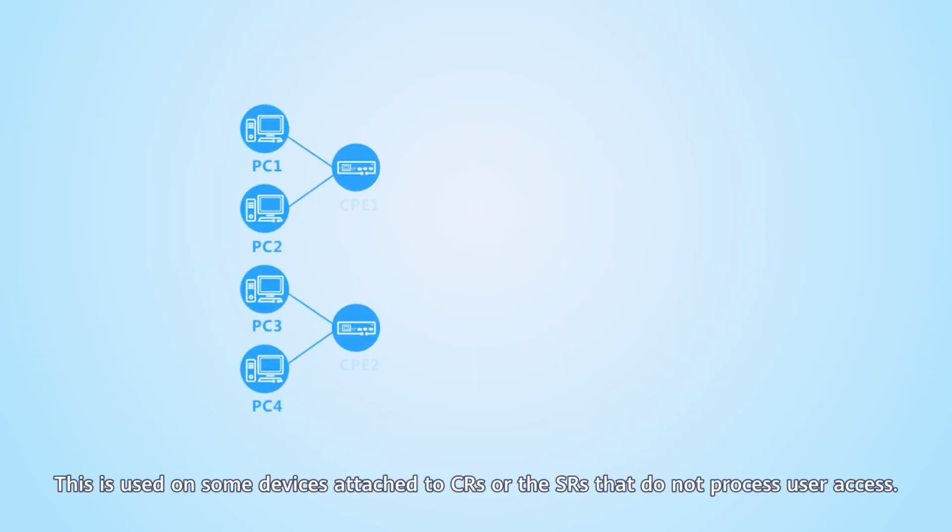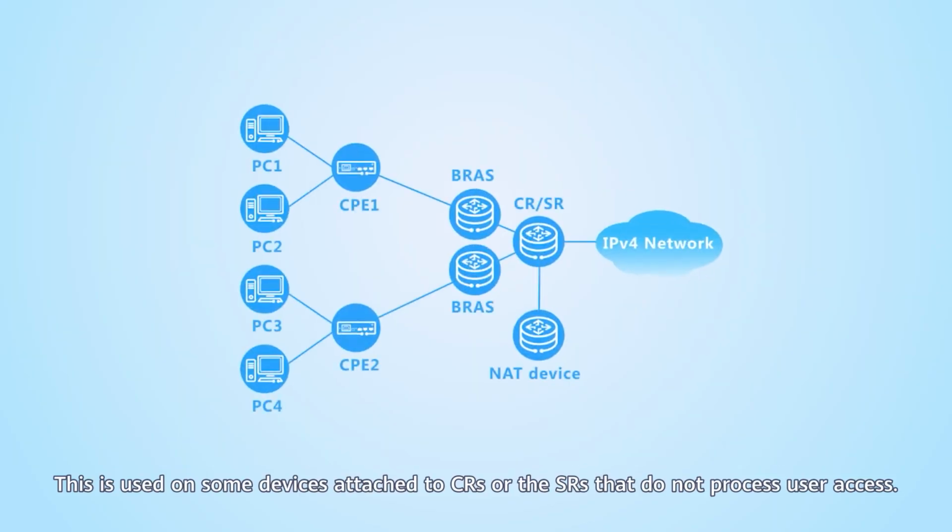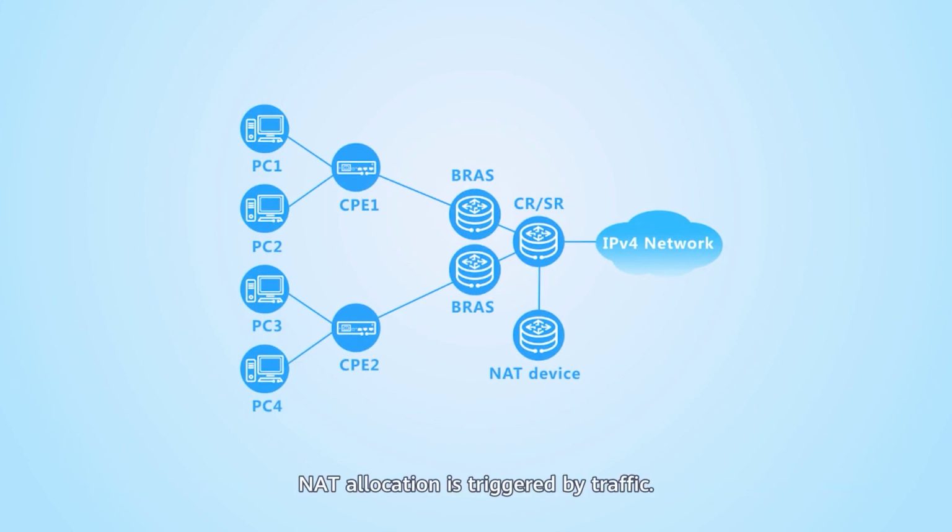This is used on some devices attached to CRs or the SRs that do not process user access. NAT allocation is triggered by traffic,